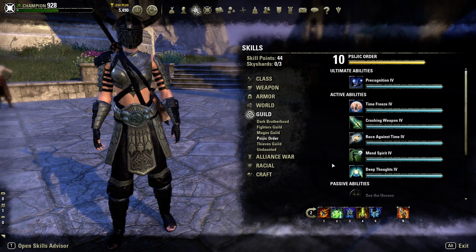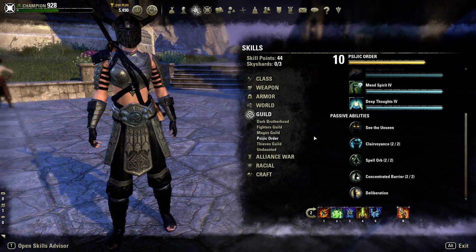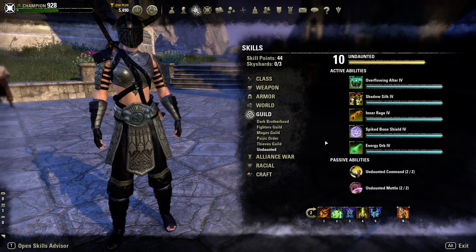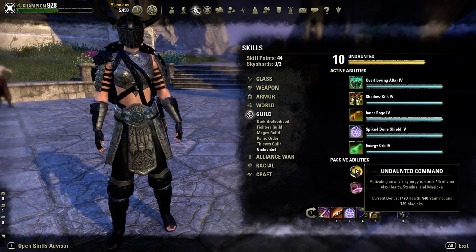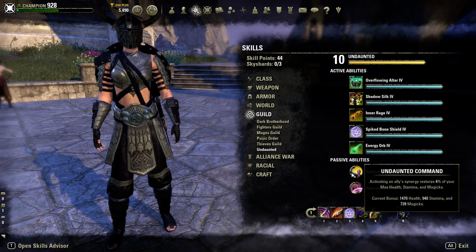Also unlock the skills and passives that can reflect your playstyle and add to your ability to play. Undaunted, I unlocked all the passives here because you never know what passives you might want to use. And make sure you unlock the Undaunted passives, because they really do help you out in the long run. As you can see here, this one's going to give me health,